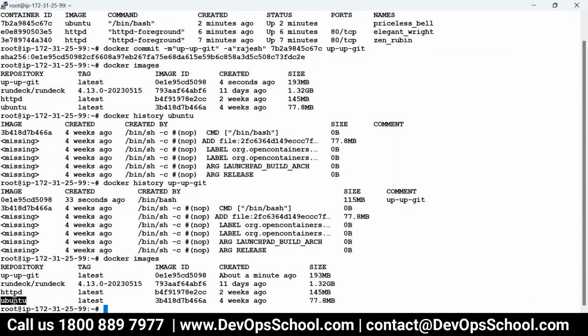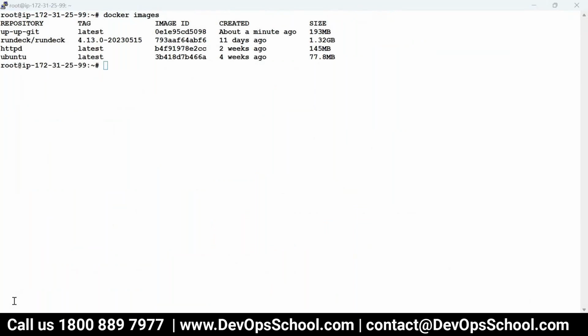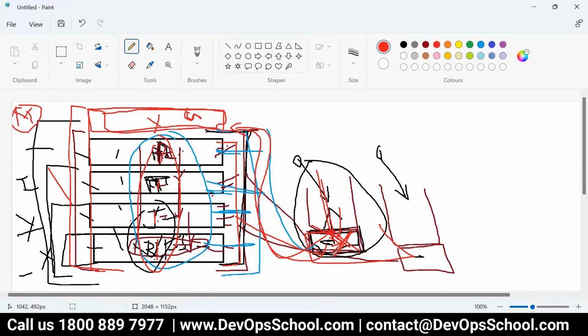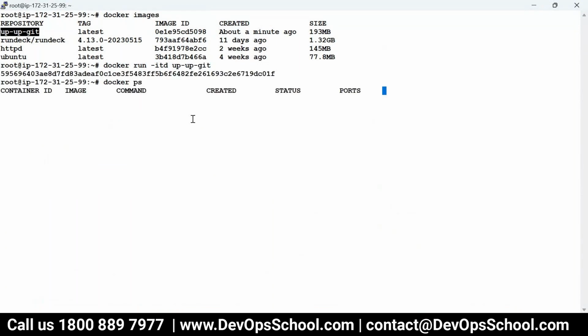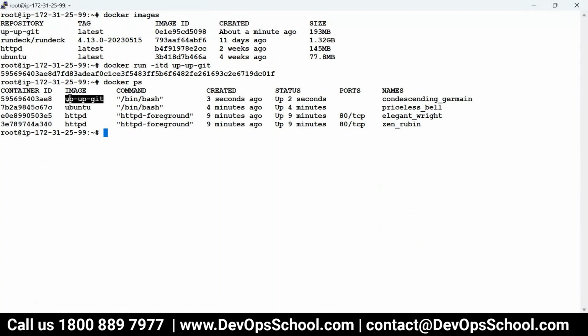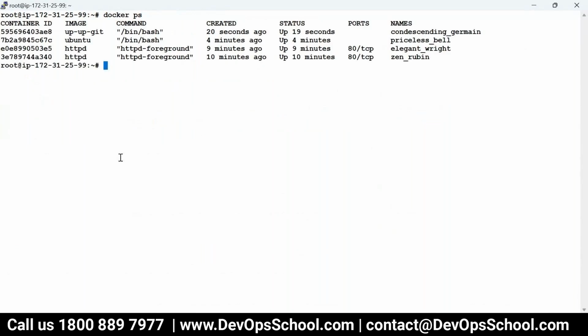Okay. So now guys, this is the new image we created. Now I created this image using the container. Can I use this container and see if you have a git inside that? Look at my screen. This container is from this image. Can we check the git is inside that? So docker exec container ID git. Yes, it is there. In that container you have a git. Now,